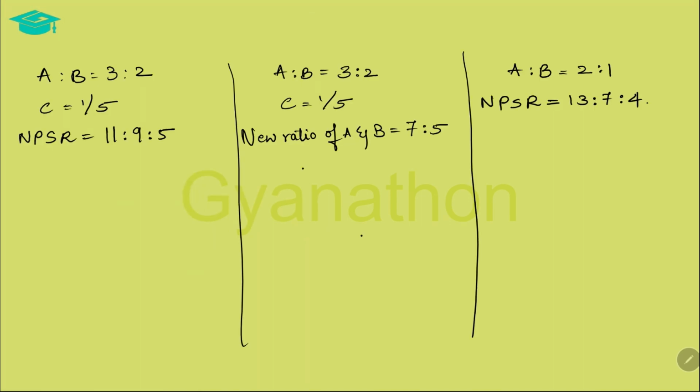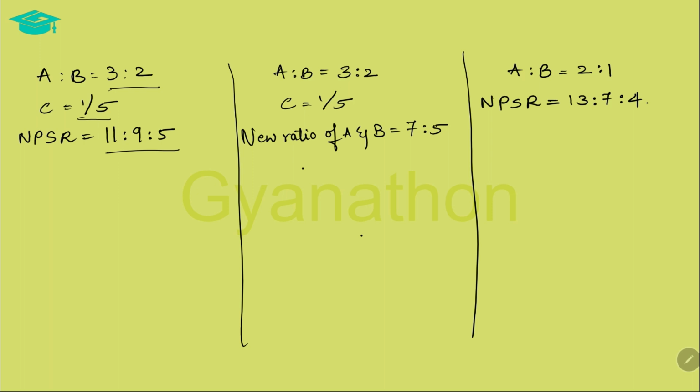Now let us discuss some illustrations of how we can calculate the sacrifice ratio in different types of situations. A and B share the profits in the ratio of 3:2. C is admitted for 1/5 of the share. The new profit sharing ratio is